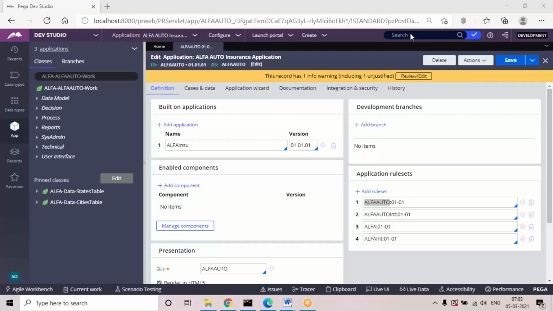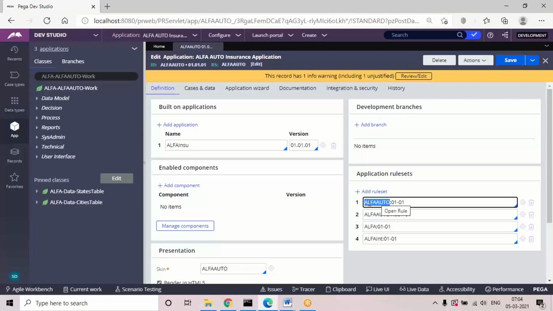So in our application, anything we create is saved under a rule set called alpha auto. If you don't know the default rule set we are using, it is the rule set name generated with your division name, and all the rules will be stored under it. It is nothing but a container. In the platform, any backup we want to take can be taken based on the rule set only.